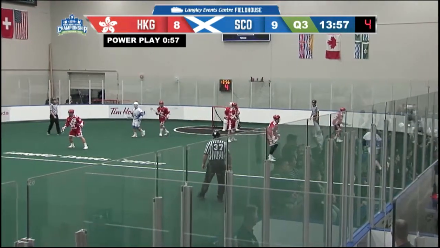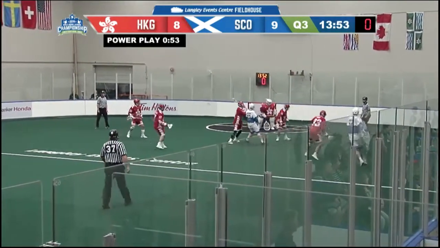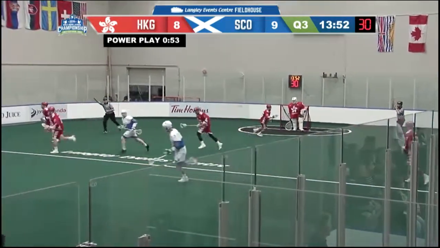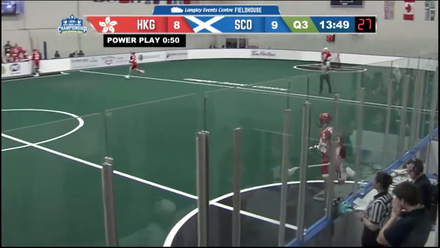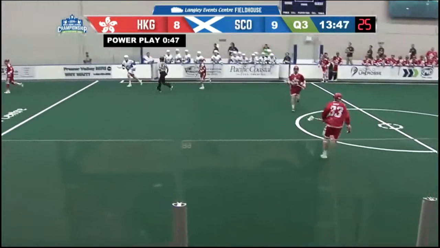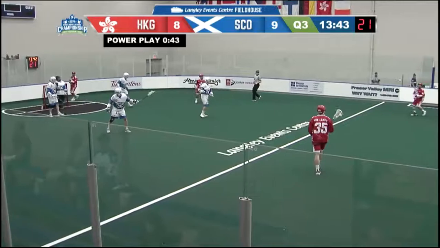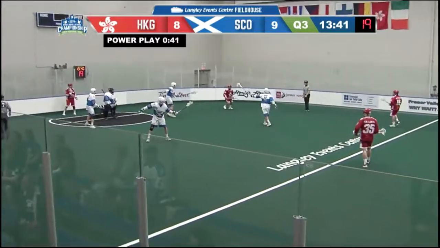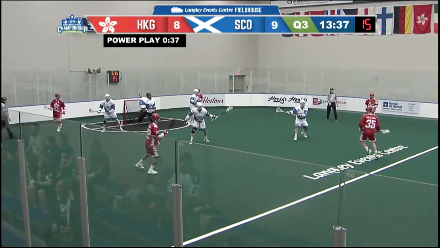A minute into the quarter. Short-handed. Moffat trying to battle his way out, just put it toward the goal and wide at the end of the 30 there, as Mock will take it the other way for Hong Kong. Flips it at center into the stick there of Mock Lamy. And along the right side, Houghton with it.